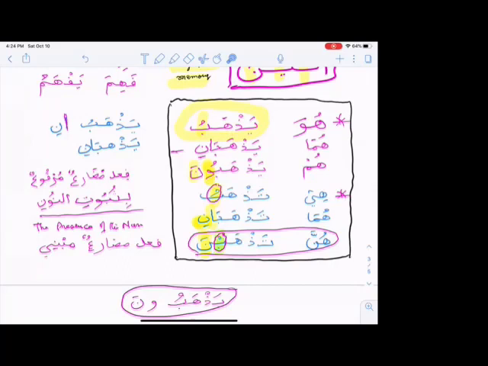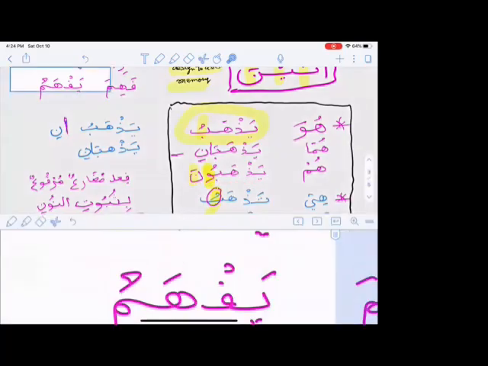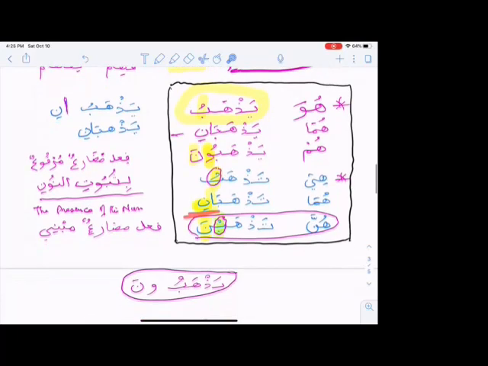Huma yazhabani. So now here is a noon. So we will say فعل مضارع مرفوع بثبوت نون. يذهبون, same thing. فعل مضارع مرفوع بثبوت نون. And تذهب فعل مضارع مرفوع بالضمة. هما تذهبان فعل مضارع مرفوع بثبوت نون. And then it changes here, my brother.